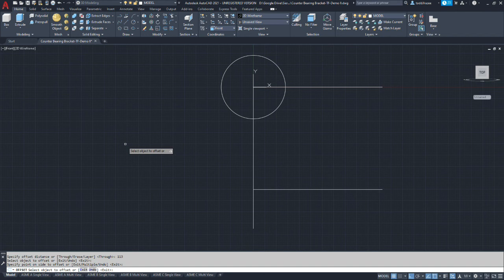Now below that base flange is a keyway that's 9 millimeters farther. So we're going to go ahead and repeat that command with 9 millimeters and offset down.